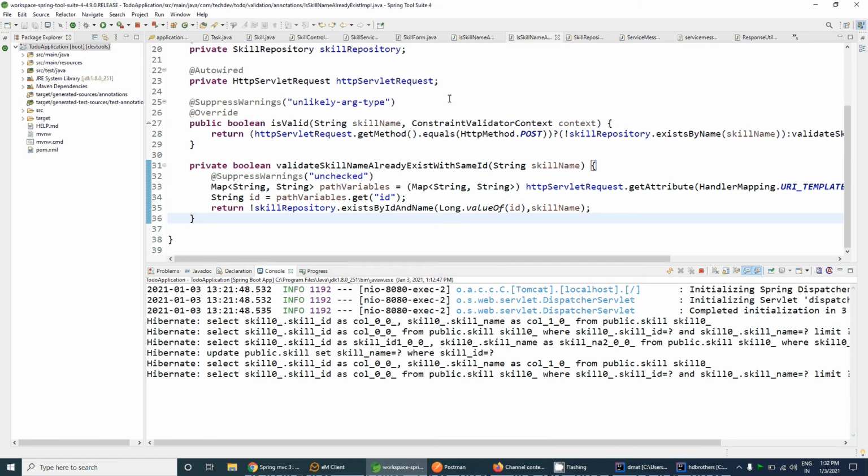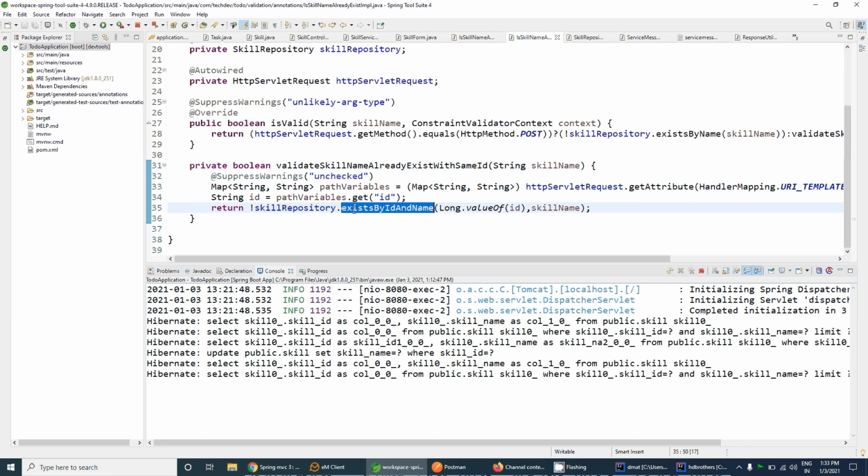Sorry for the mistake, guys. What we did wrong is that it should not be exists by ID and name. It should be exists by the skill name but not the ID. Meaning if a skill name exists, the same name but with a different ID, then it should be invalid; otherwise valid.